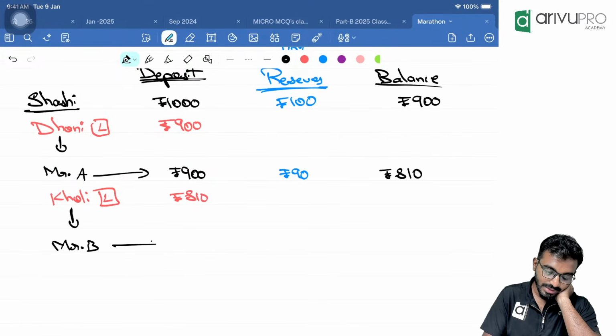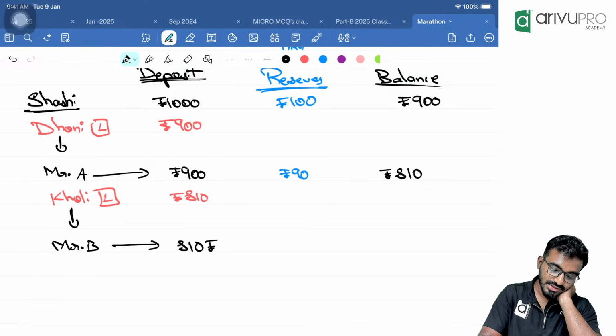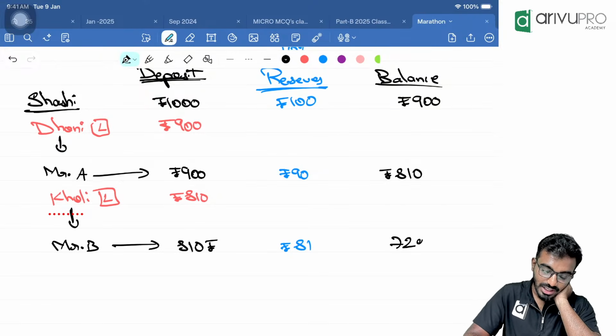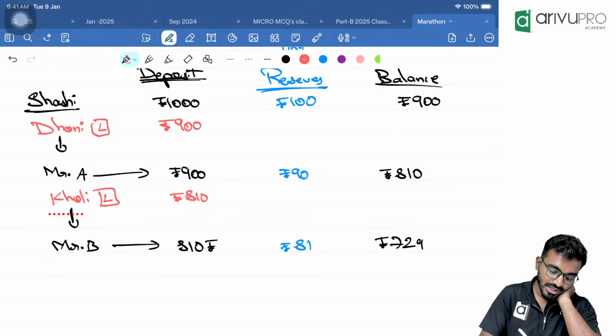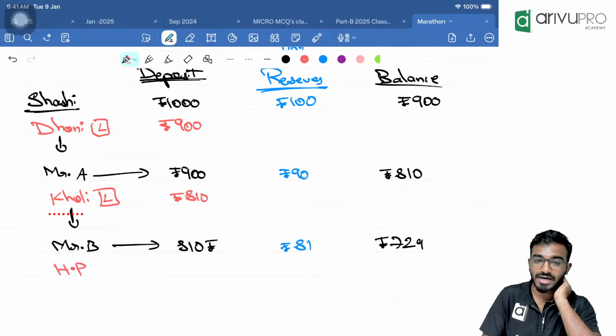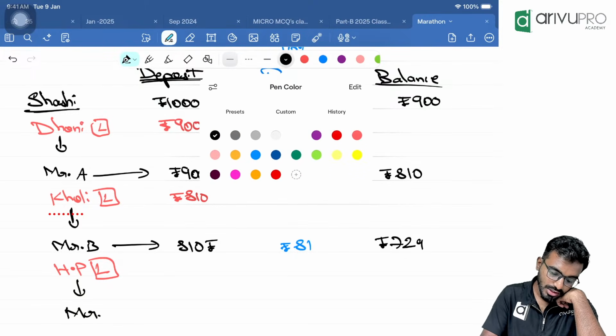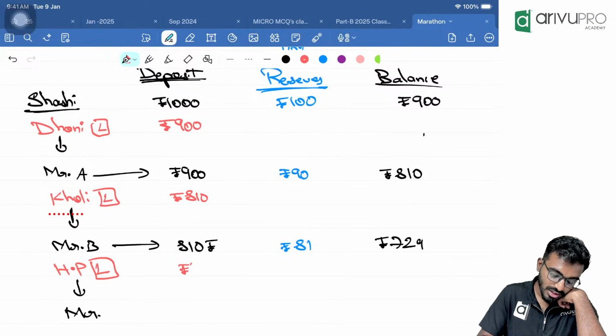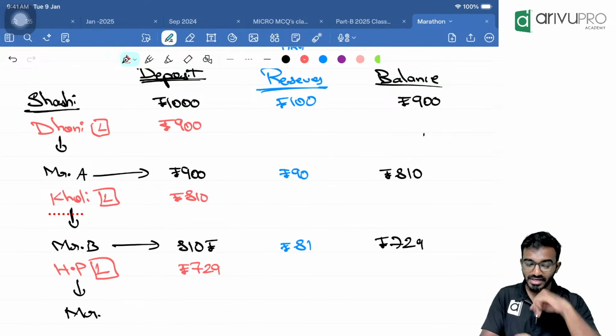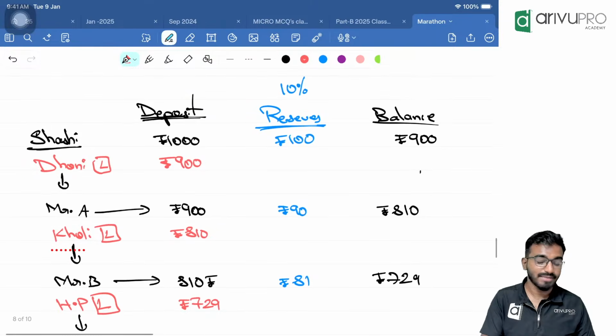Now Mr. B will deposit this in bank C. How much? 810 rupees. Again from this, the 10% reserve, that is 81 rupees. The remaining money is 729. So the 729 is taken as a loan by Hardik Pandya uncle for his cricket practice for the upcoming World Cup. He wants to buy some cricket kit. Again, Hardik Pandya uncle will go and buy some goods from Mr. C. Now Mr. C will come and deposit this 729. Like this, the process keeps on continuing. So this is how credit circulation will happen. We'll explain this later. This is what is called the credit multiplier concept.